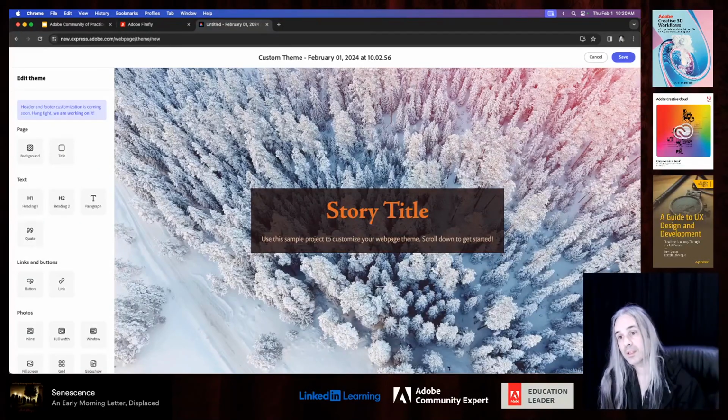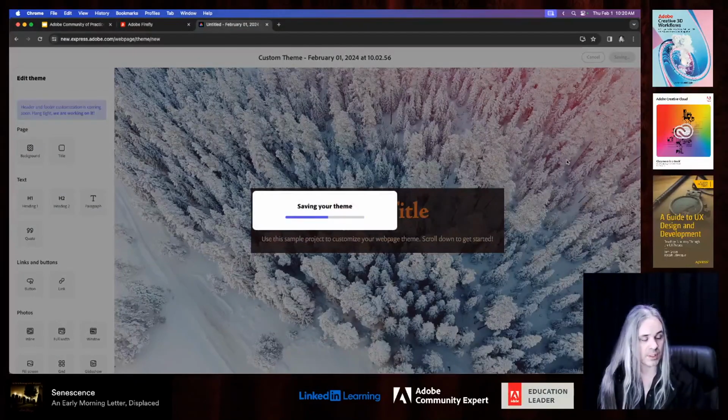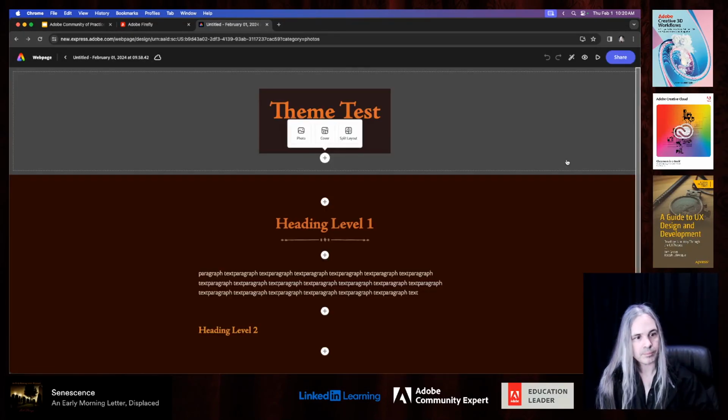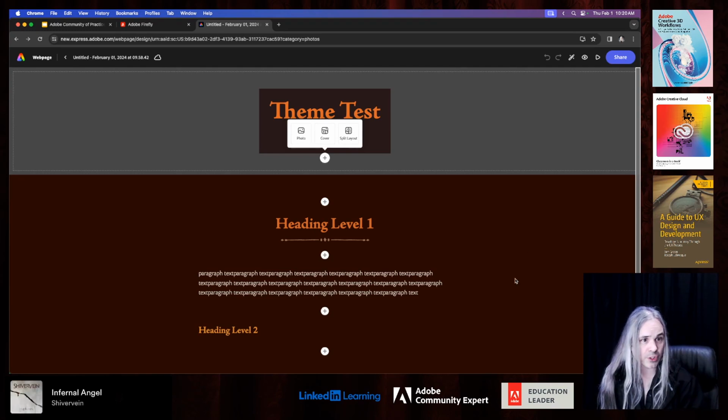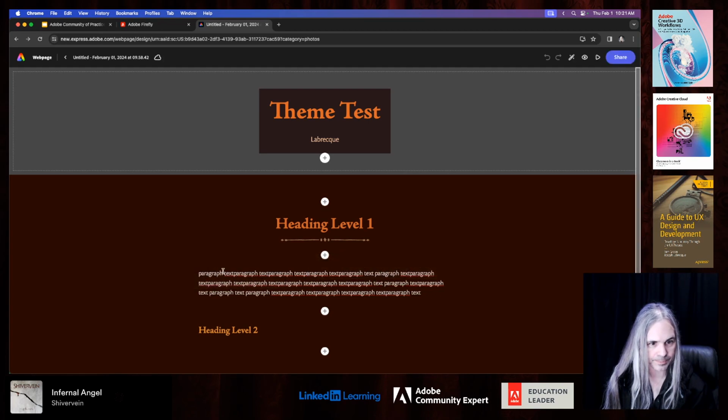And a nice thing about this too, right? So notice we can save it right here. If I go through and I save this right now, it's going to save the theme and pop us back into that page. And look, it's actually gone through and applied the theme for us, which is very nice. But the nice thing is we can always, of course, go back into the theme and edit it, which I'm going to need to do anyway because oh